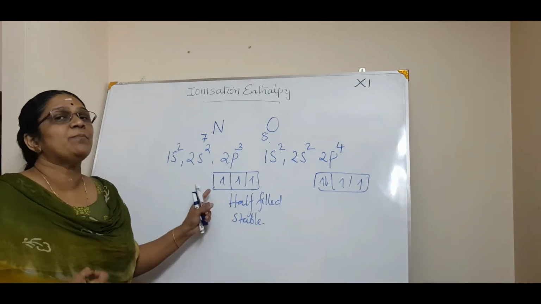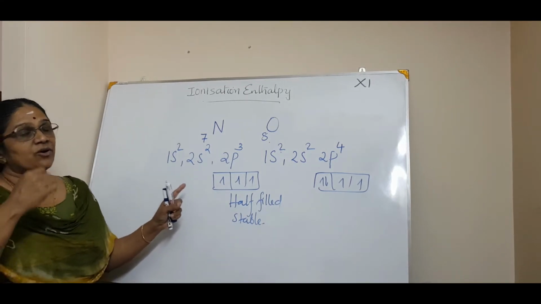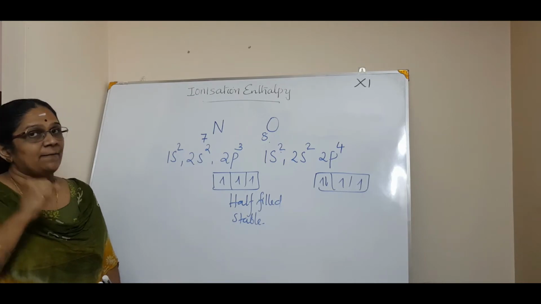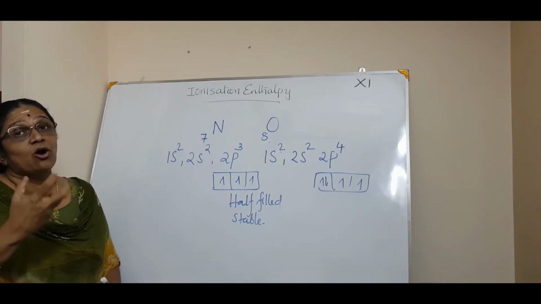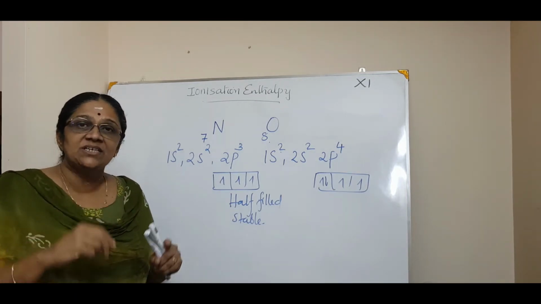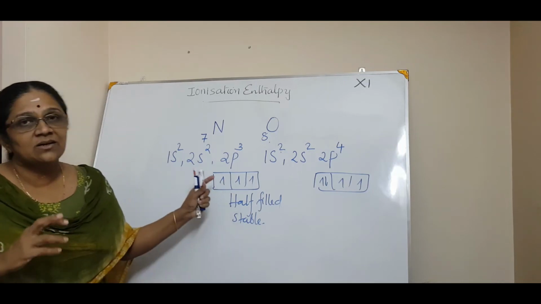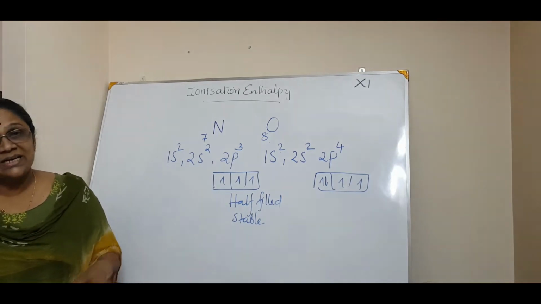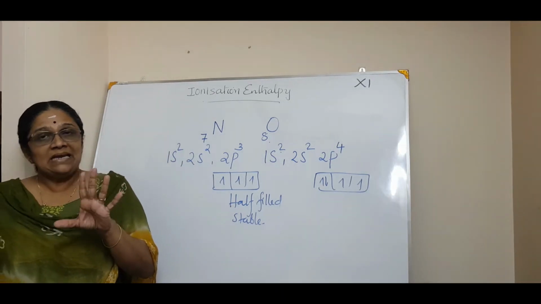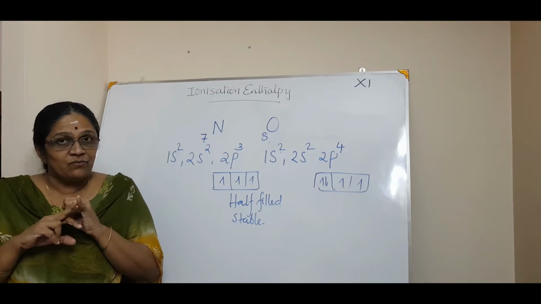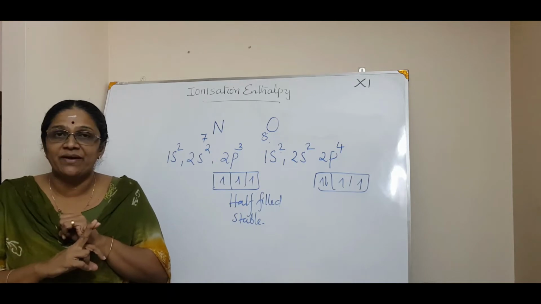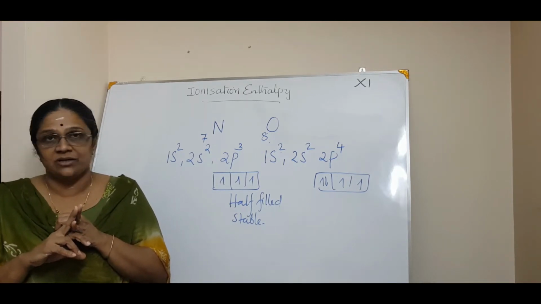So whenever such questions are asked, you just write the electronic configuration in SPD notation and then try to find out what the reason or logic is behind the greater IP or lesser IP, whatever the question is demanding. Okay, so that is how you go for the answer. Correct. So that is all about the IP. In ionization potential, you have to remember mainly two things: one is the shielding effect and the second is the effective nuclear charge.